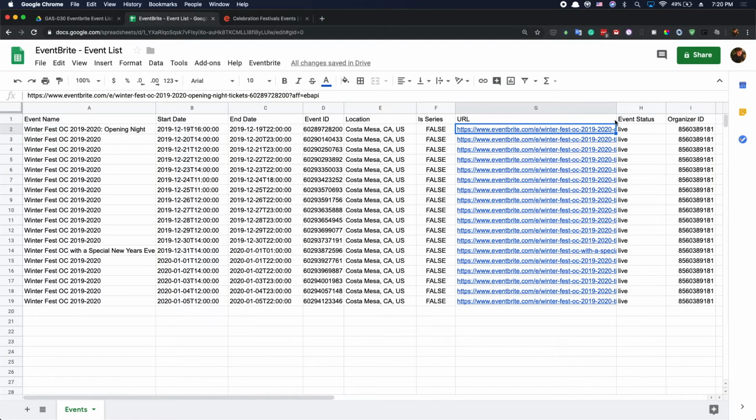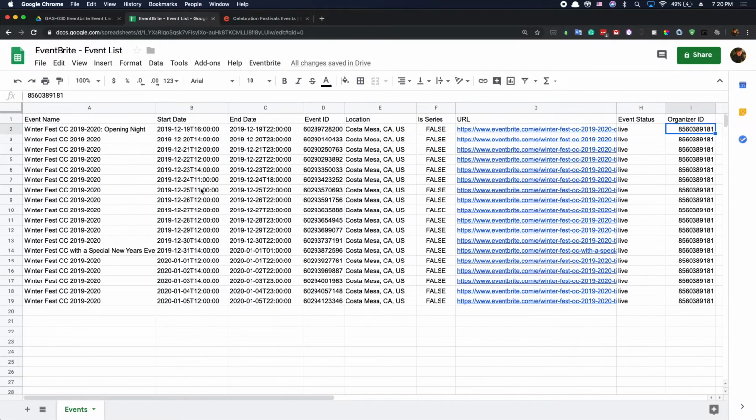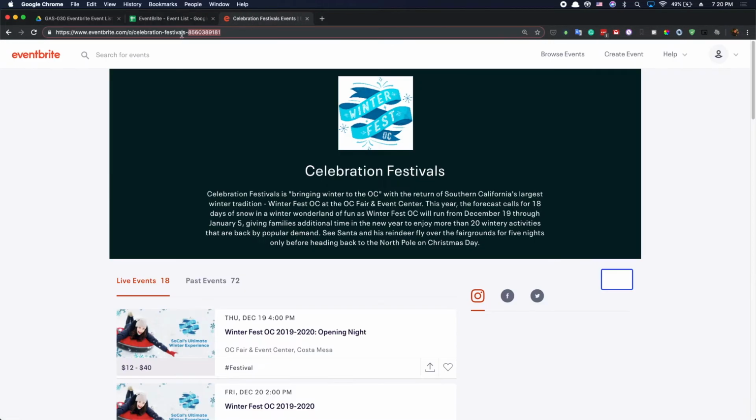and you also have the status of the event, and then the last column is the organizer's ID. You just put it in this input box. Okay, so basically that's all for the functions in this little tool for events from Eventbrite. Here you can try another organizer's ID. So let me try to search